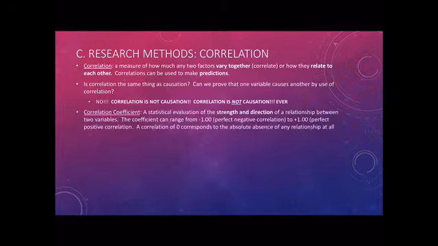And then a correlation coefficient. Now this is something you'll be asked a test question on for sure. So the correlation coefficient tells you two pieces of information, as I mentioned before: the strength and the direction of a relationship. The correlation coefficient ranges between a value of -1 and +1. Values like positive 2.4 or positive 8.6 don't exist.